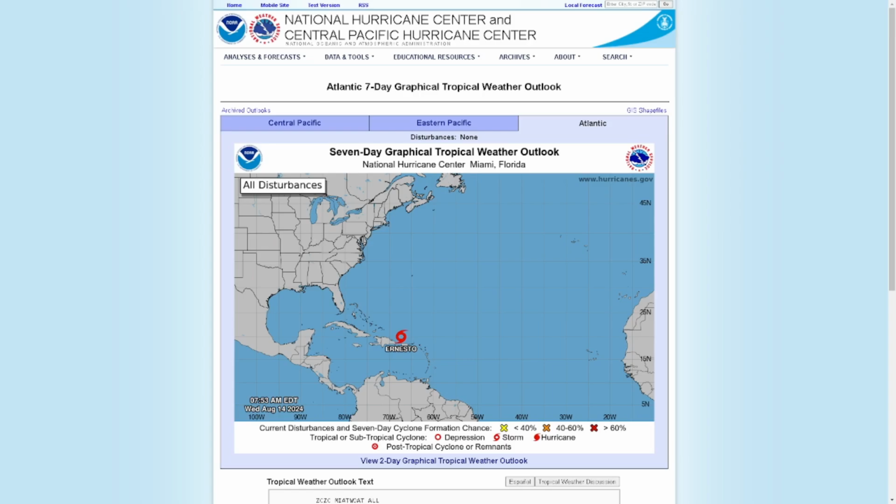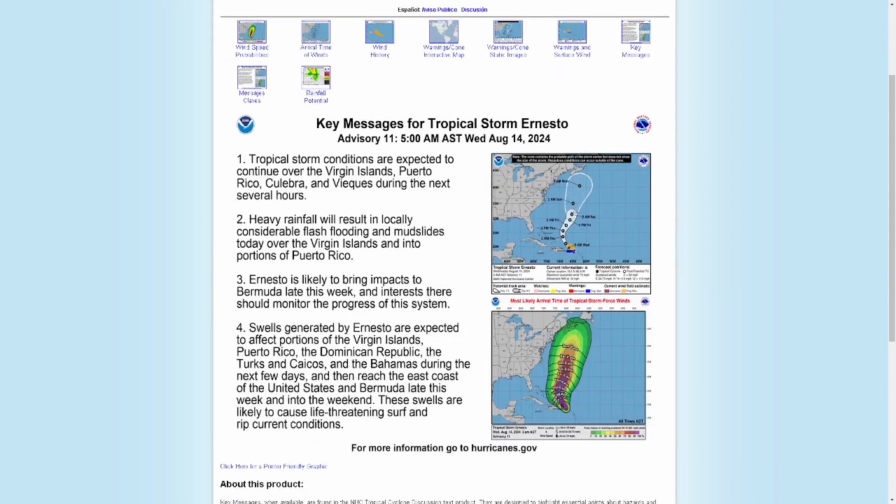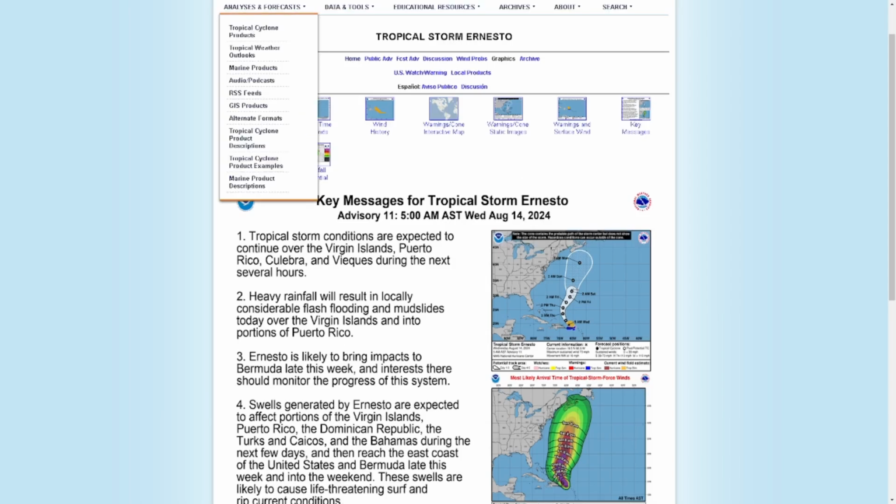Here is our 7-day graphical tropical weather outlook. You can see there goes Ernesto right there. Still a tropical storm, honestly. Was forecast to become a hurricane, but it never did. But it says tropical storm conditions are expected to continue over the Virgin Islands and Puerto Rico during the next several hours. Heavy rainfall will result in considerable flash flooding and mudslides today over the Virgin Islands and into portions